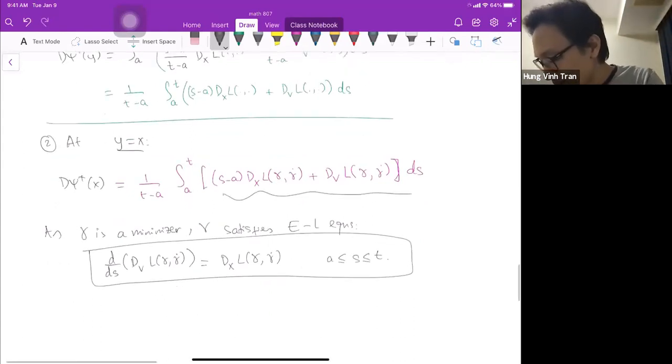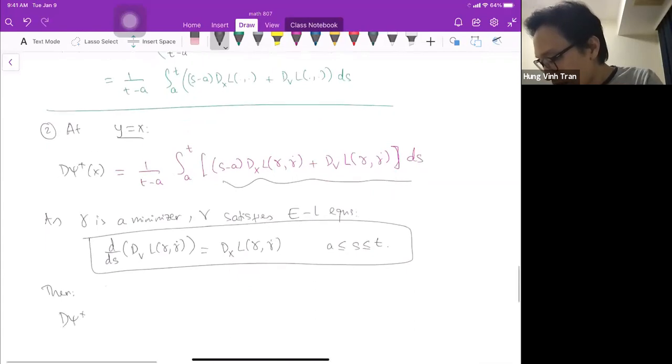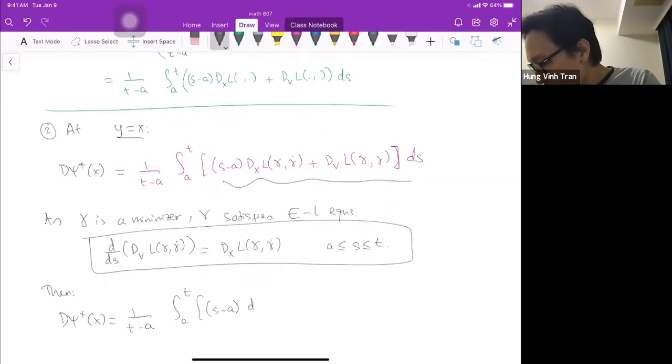Then I have du plus of x equals 1 over t minus I integral from a to t of (s minus I) d over ds of dvL of gamma s, gamma dot s, plus dvL of gamma s, gamma dot s